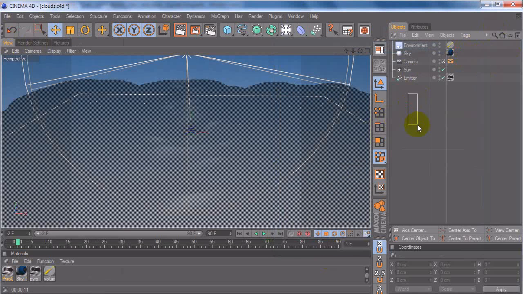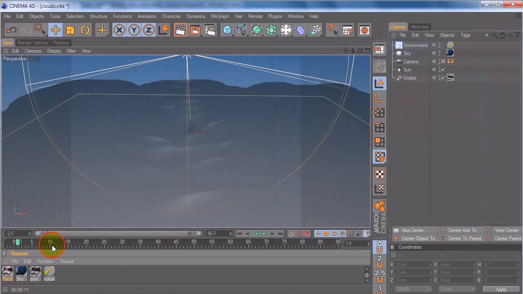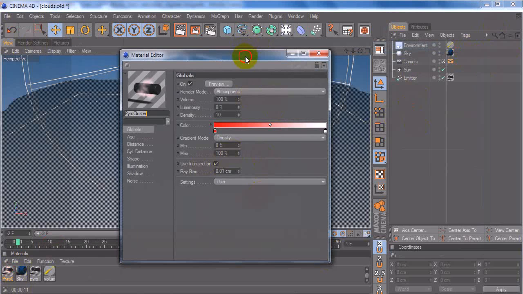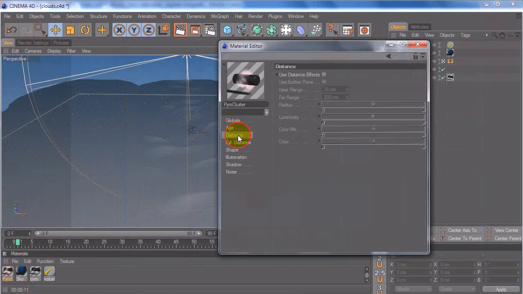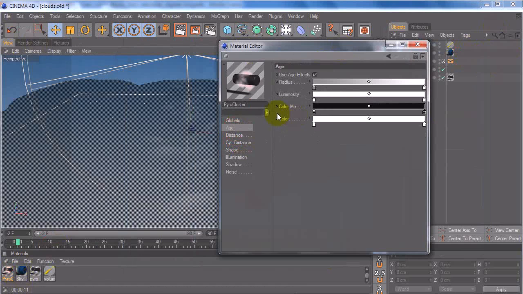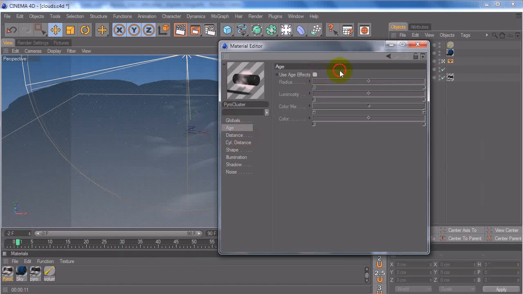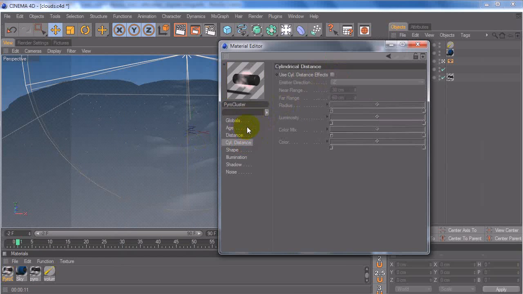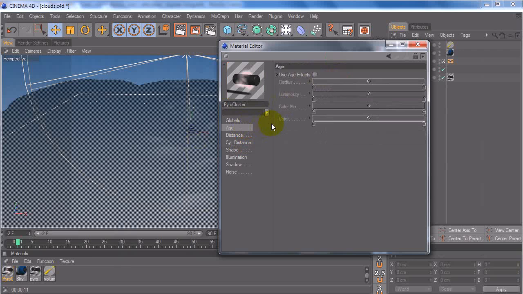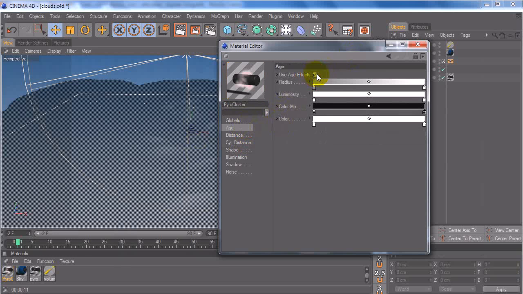All right, and we're done with globals. We actually have 3 tabs that we're not going to be using, which are the age, distance, and cylindrical distance tabs. And I'm just going to explain what they do and what you can use them for. The age effects affect how our particle changes from birth to death. Inside of our emitter, we can actually